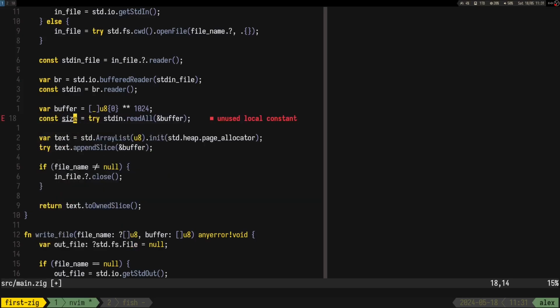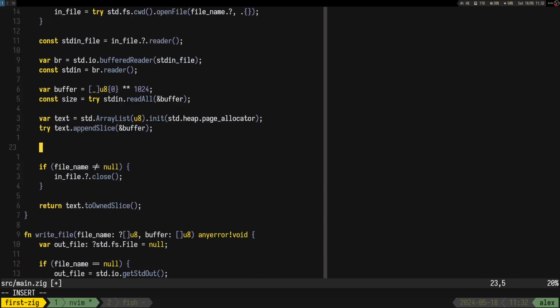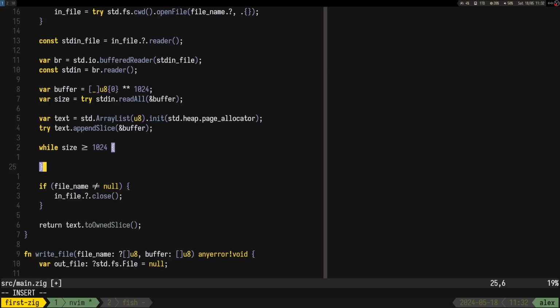So const size. Okay, let's see how I can implement this though. I have to do something like, while the size is equal to 1024, I think, I have to read again. So I have to do a while. Let's make this one a var though, so we can change it. Size is greater or equal than 1. No, it doesn't make sense, but